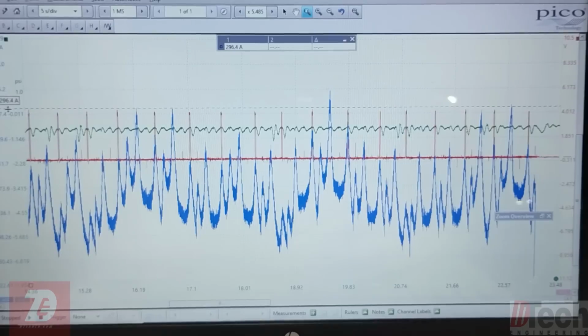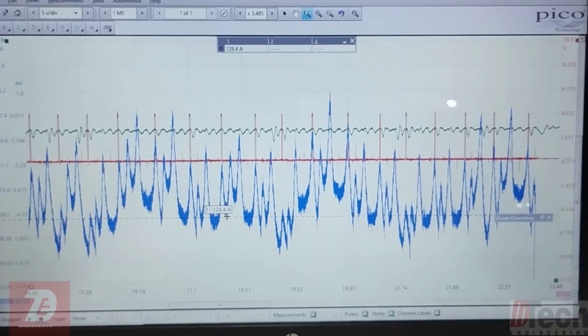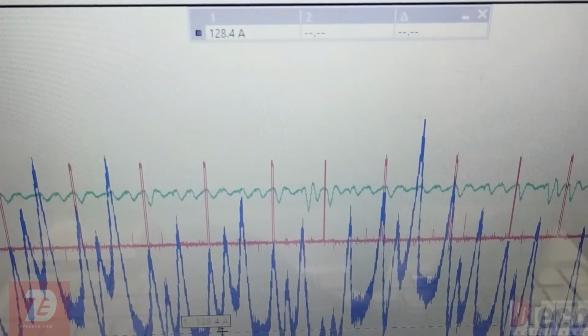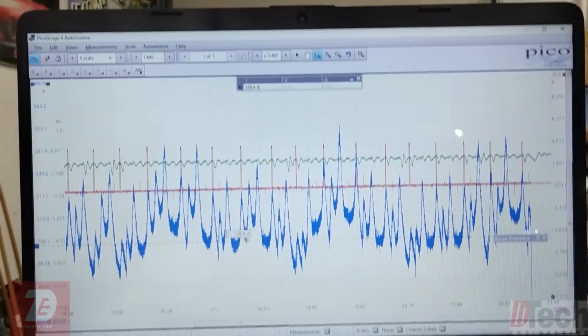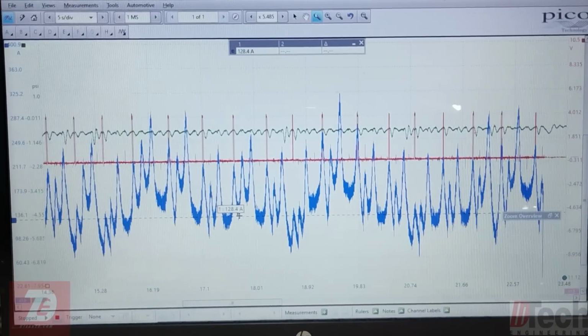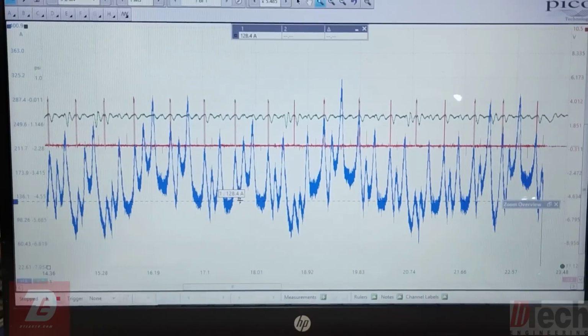And then if we come down to down there at the bottom right there is 128. So just over half the difference. And so what I am trying to get at is the higher the blue trace goes, the higher the amperage,